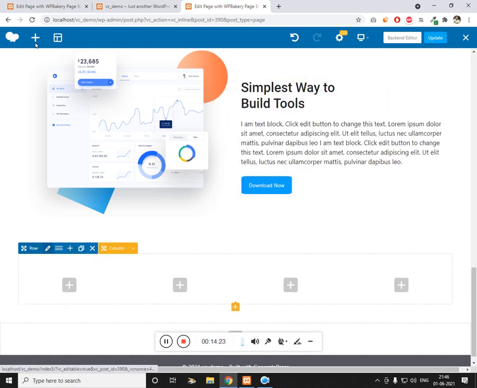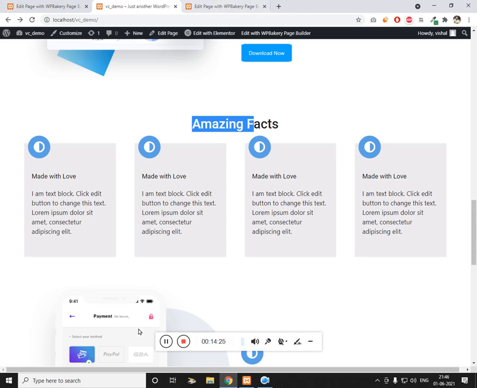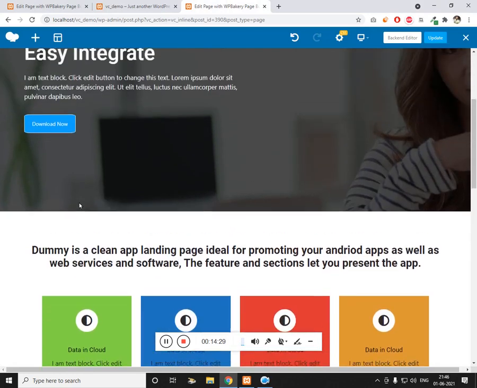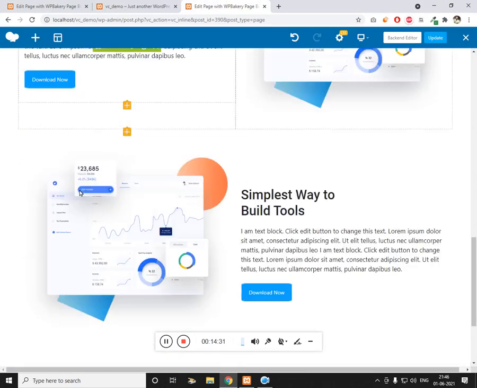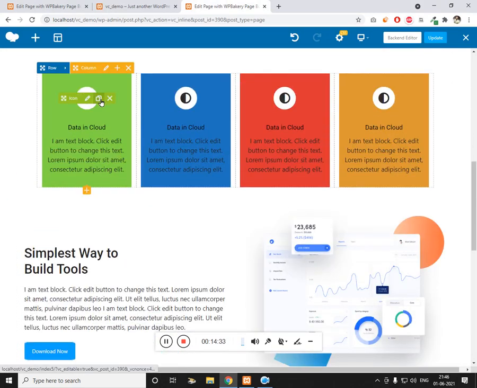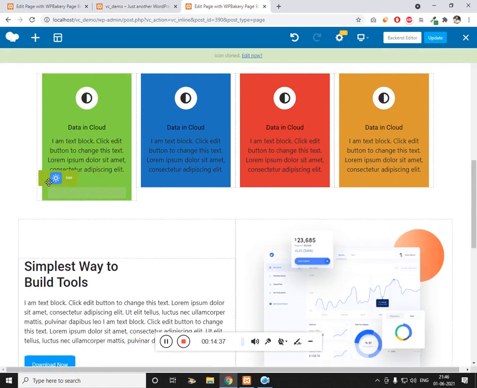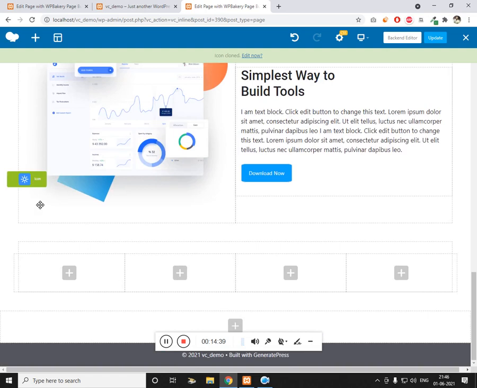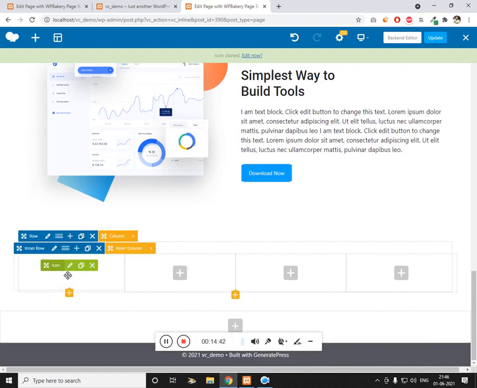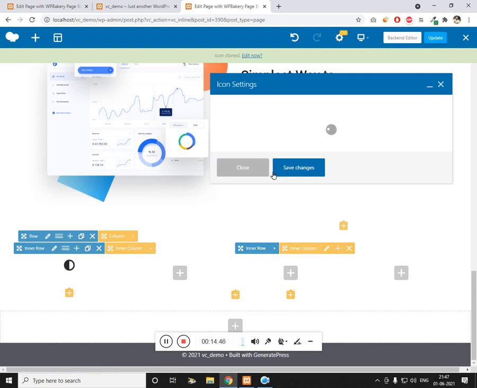So what we need to do is I just need to drag the same column or icon box which I have created over here, make a copy of it and place it inside the column. So let me make the alignment left.